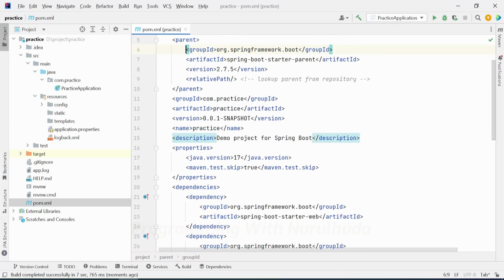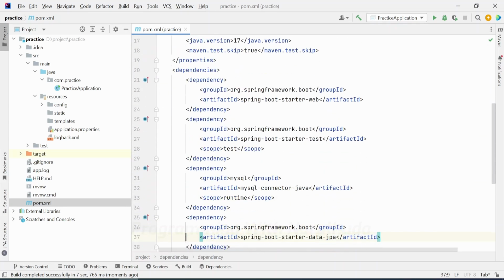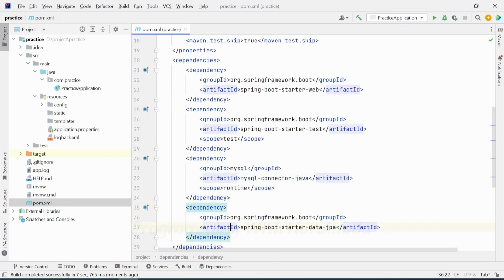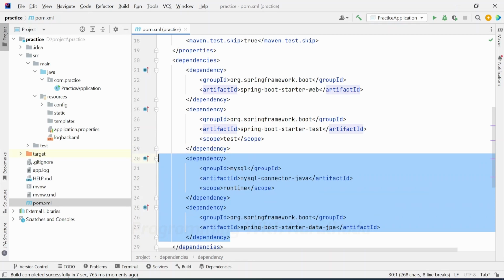So the second one is the MySQL connector dependency. So these two dependencies need to be added in pom.xml